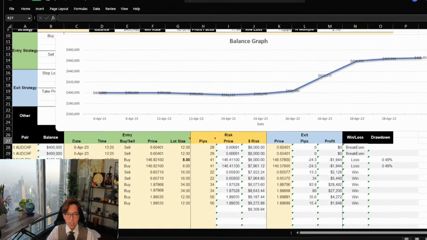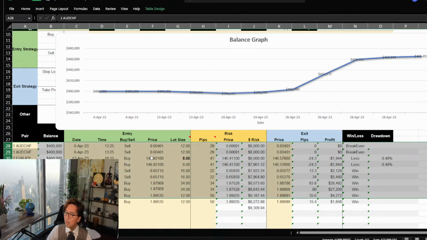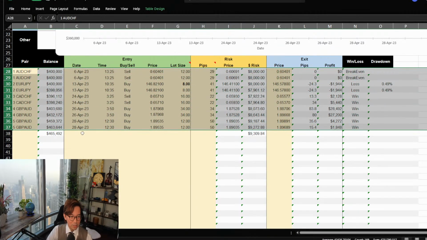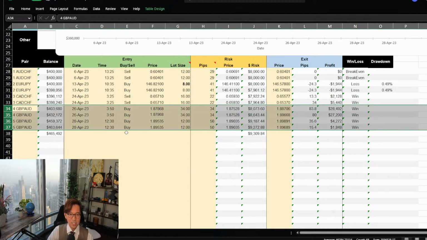And as you can see, I only took 5 trades in the month of April, so I was very selective on which ones to take. I missed so many opportunities, much more than 5 trades I could have traded, but I have been selecting the markets and I only took 5 trades. If you can remember, there were big trends towards the end of April on JPY pairs, and some of you may have taken some nice pips on the JPY pairs, but I didn't take JPY, I took Pound AUD instead, because on the JPY pairs, the Kumo